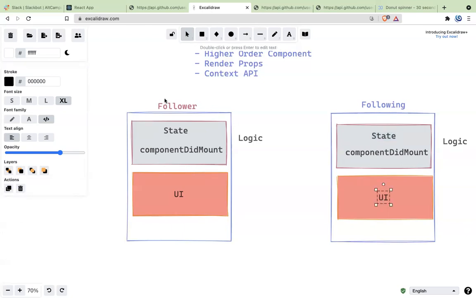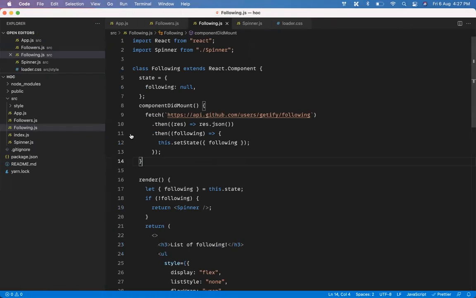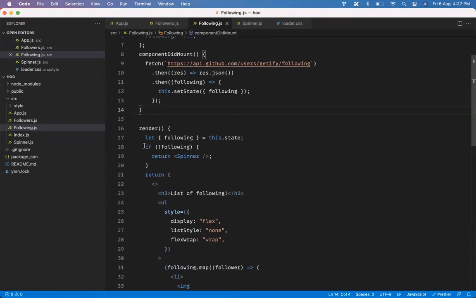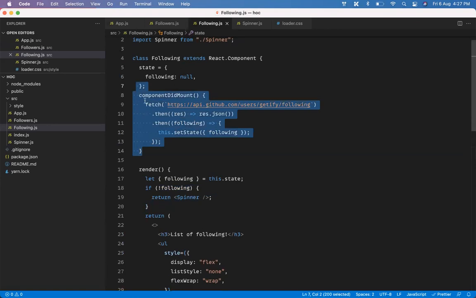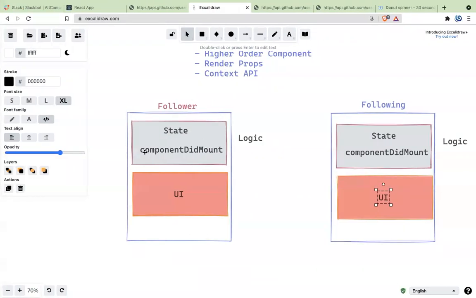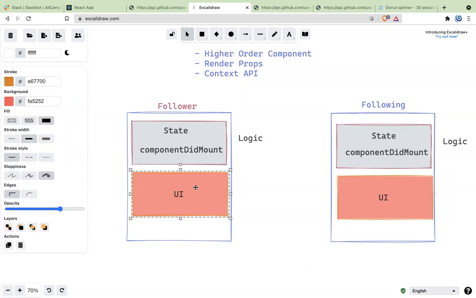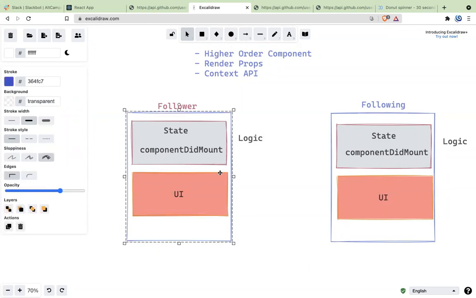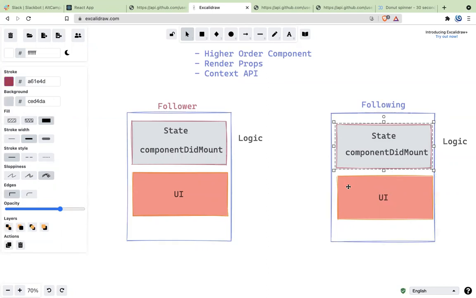Okay. What is the common thing between them? Do you think there is anything common? Do you think the logic between them is common or not? It is common, all the logic that we have written, like having an if condition here, having something like this here, having something else here. That's something that is there. But can you separate them? The point I am trying to make here is your state or the logic and the UI, they are coupled inside a component.